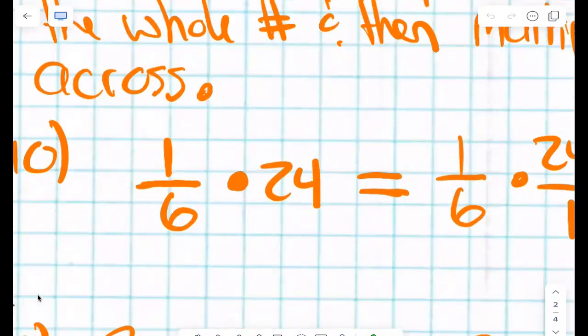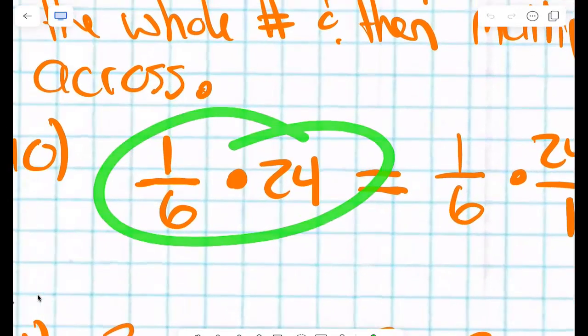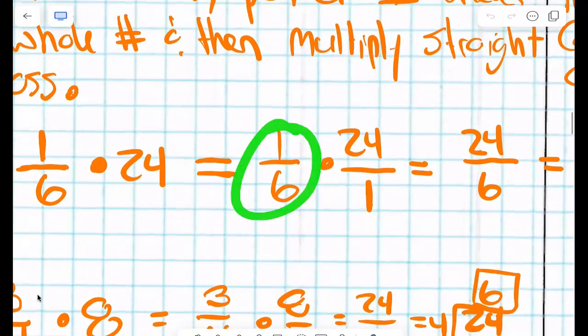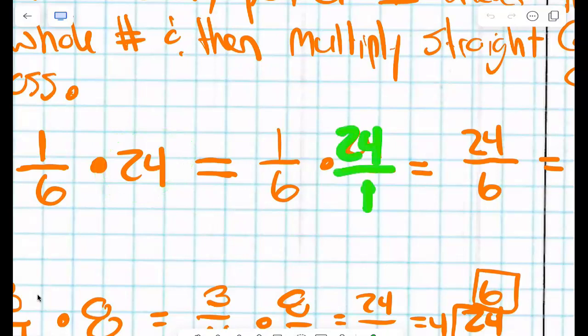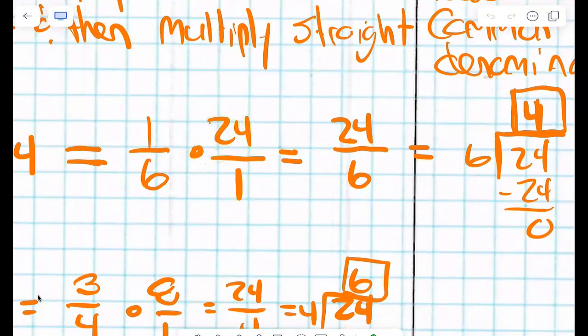So here we go. Let's look at number 10. 1/6 times 24. I actually don't like how that looks. So what I always do is I take my fraction 1/6 and rewrite it. And I take my whole number 24 and turn it into a fraction by writing it over 1, yes? And the reason I do that is because when you're multiplying fractions, all you do is multiply